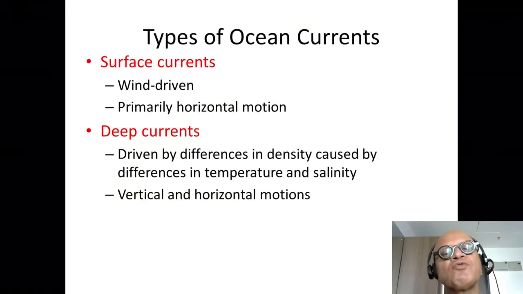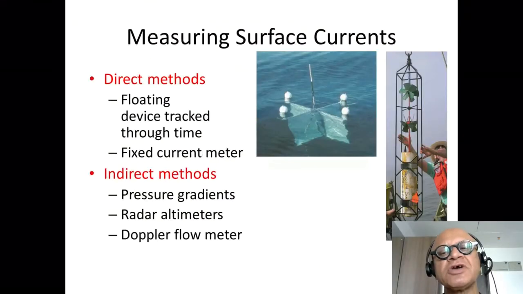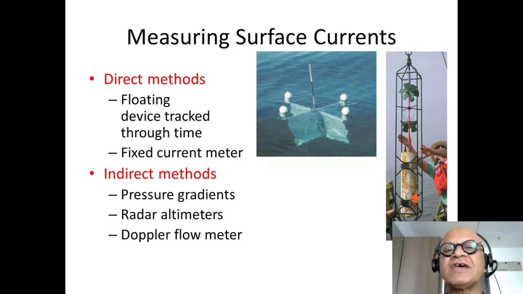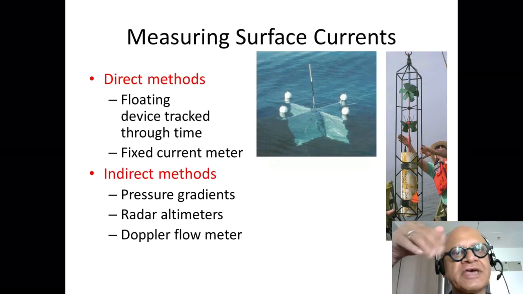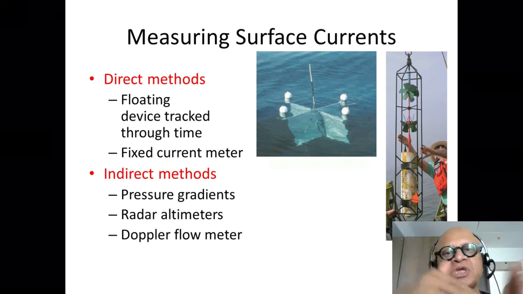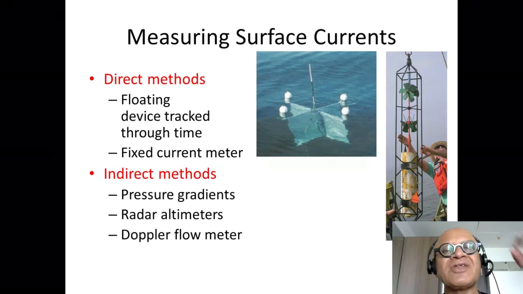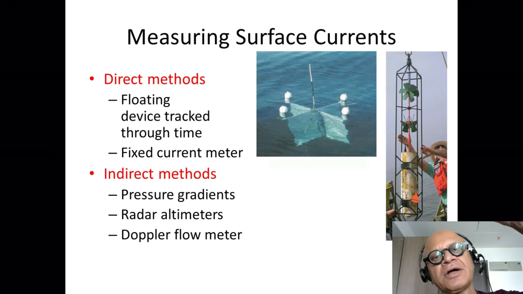So, how do we measure currents? These are the older methods where you had this little contraption that would drift along the currents. So it has these four vanes which will make sure that it's steered in the direction of the predominant current, east to west, north, south, or any random direction. So it's a floating device which is tracked through time to estimate the current speed, at whatever meter per second,